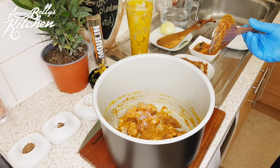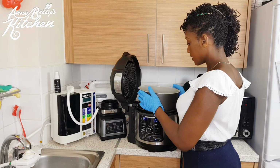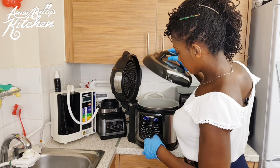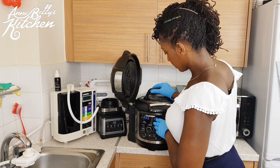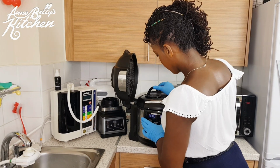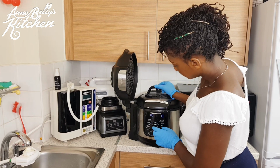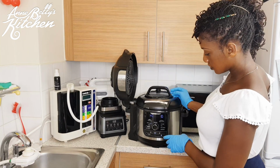And we are going to steam it. So we are going to steam it in the Ninja, and steaming needs this cover, and you close it anti-clockwise, and we put it on pressure cooking. Sorry, I'm pressure cooking it because I want it to be fast. Then